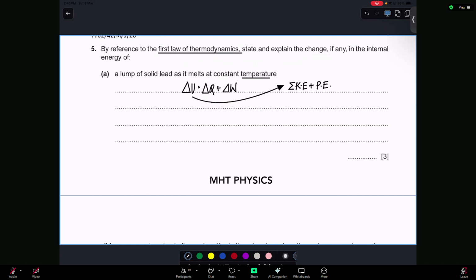আচ্ছা এখন বলছে a lump of solid lead as it melts at constant temperature, state and explain the change if any in the internal energy. What do you think, internal energy কোনো change হয় না কি for a lump of solid lead that melts? Yes, কারণ হচ্ছে otherwise কেন মেল্ট করবে, right? So internal energy কি বাড়ে না কমে? বাড়ে. So I'll show you what to do here and then I'll teach you how to write the answer, okay? So এটা বাড়ে